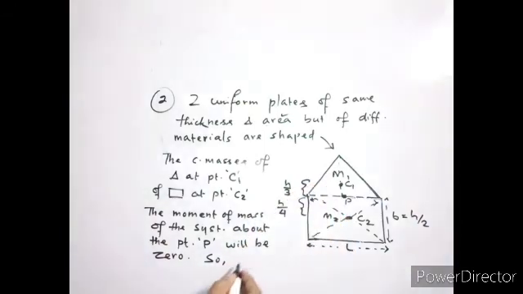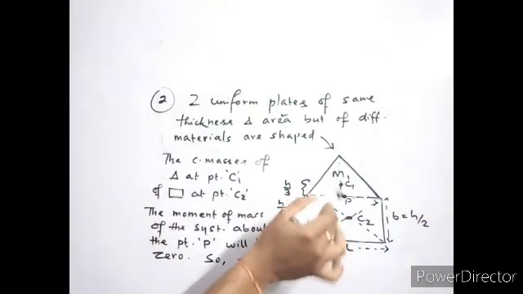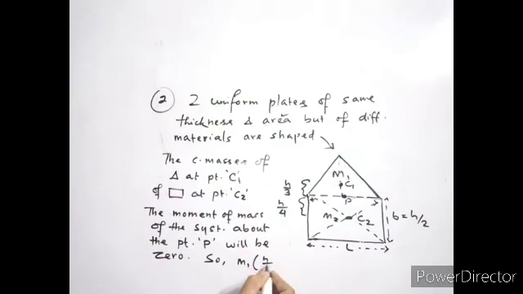So m1 times the first distance, that is of the triangle with respect to the center of mass, that is h by 3, and m2, the distance being h by 4, as we've obtained earlier. So the h can get cancelled out, and that will imply m1 by m2, that is the ratio of the masses, will be equal to 3 by 4 by means of cross multiplication. So that is the ratio of the masses